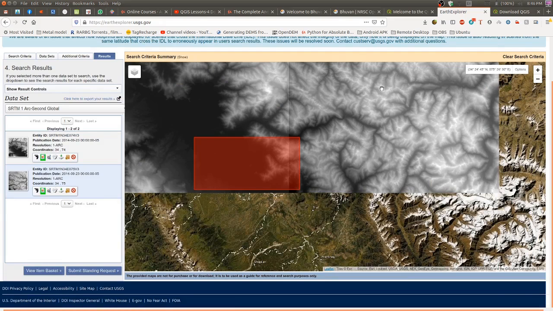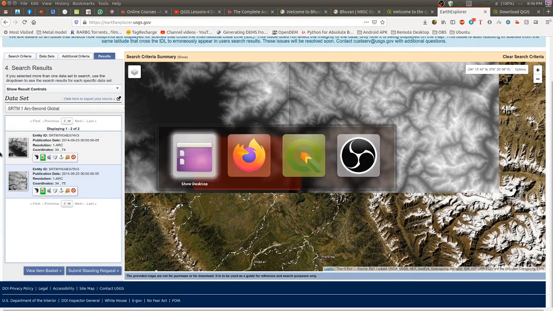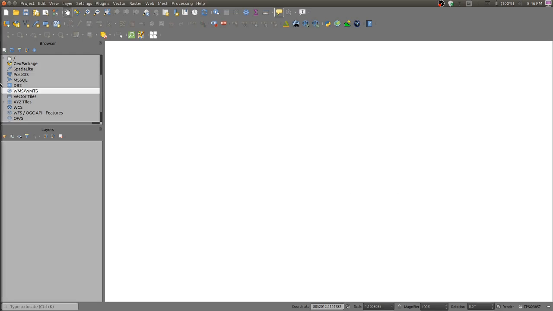And I'll come to QGIS. Here we have to load those layers which we have downloaded.